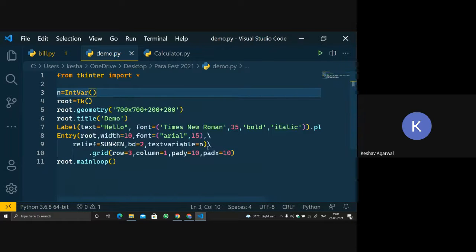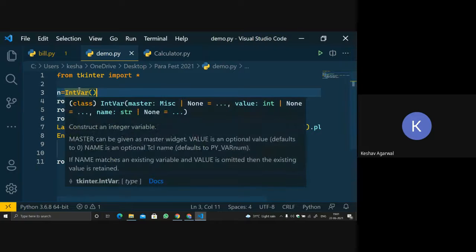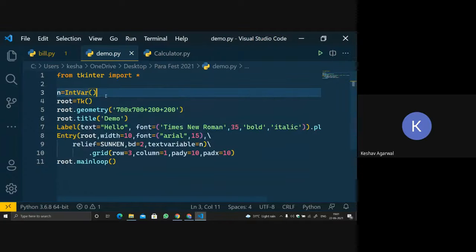Okay, so just let me tell you, in tkinter what we have to do is first tell the variables. We have to initialize the variables with certain data types. Let's say n over here is an integer. So we have to specify that it is an integer, so we will use int var. It will initialize n with the integer part.